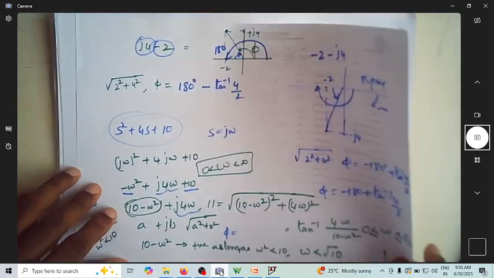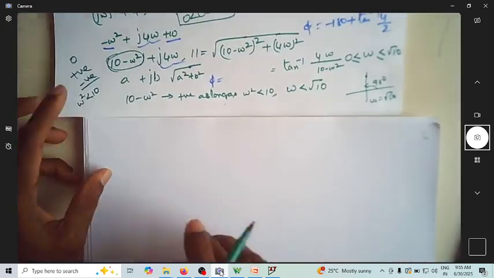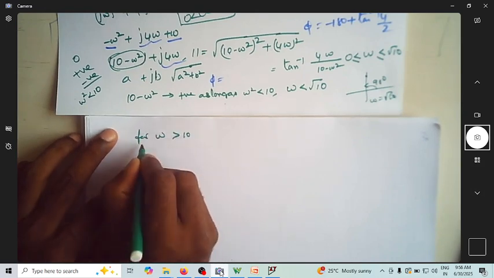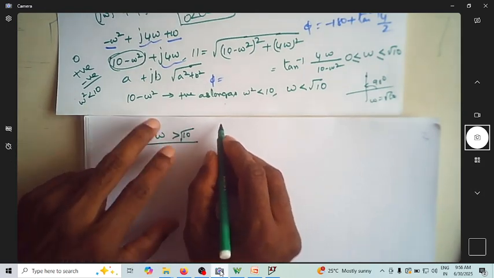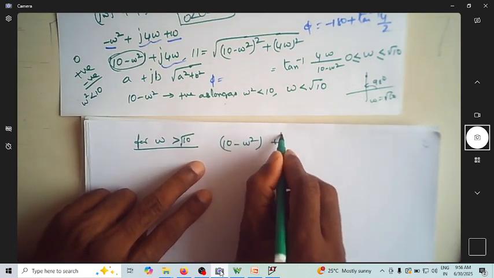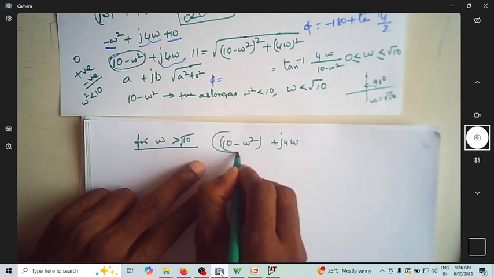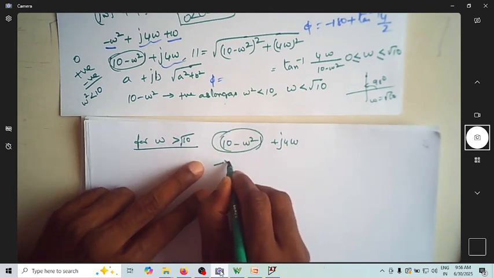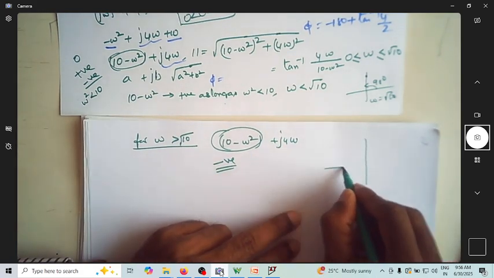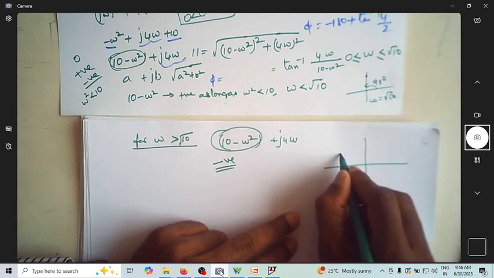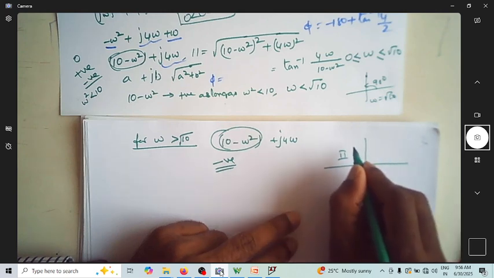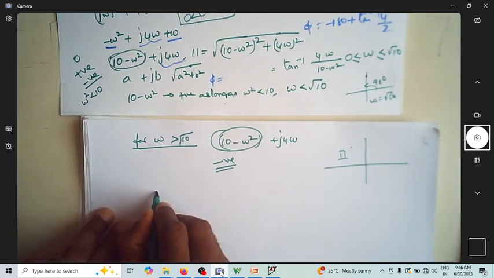So what happens if the value of omega is more than root 10? For values of omega greater than root 10, this quantity 10 minus omega square plus j4 omega will become negative in its real part. So once it becomes negative, you are moving on to the second quadrant. Whenever your point moves to the second quadrant, the phase angle is